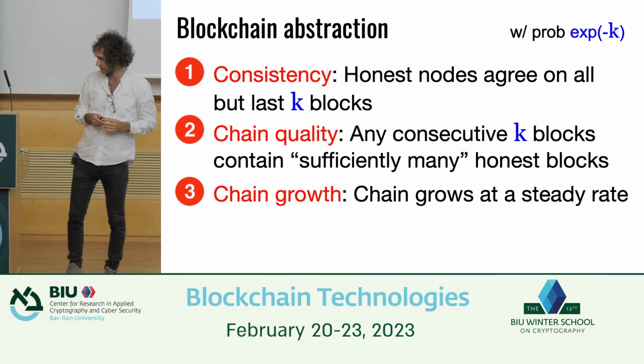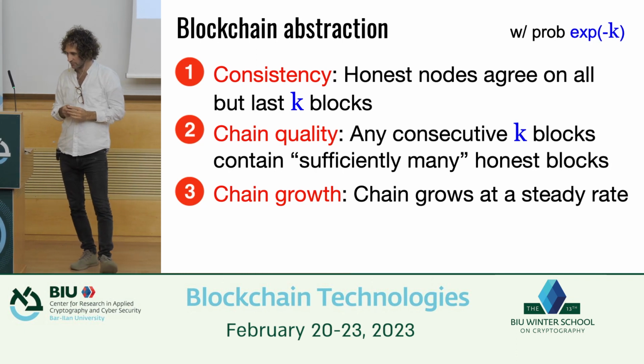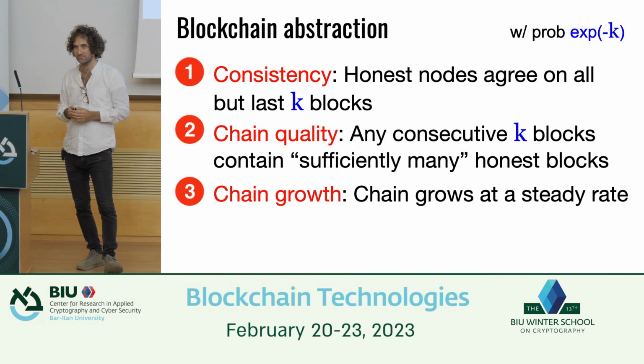K equals 6 in the Nakamoto. K equals 6, yes. So the exponential is minus 6. It's not great, yes. So why did he set the number 6? Maybe it's good enough for buying chewing gum, right? If you want to buy coffee and chewing gum, you're fine. If you want to transfer $1 million, I would wait a little bit longer.